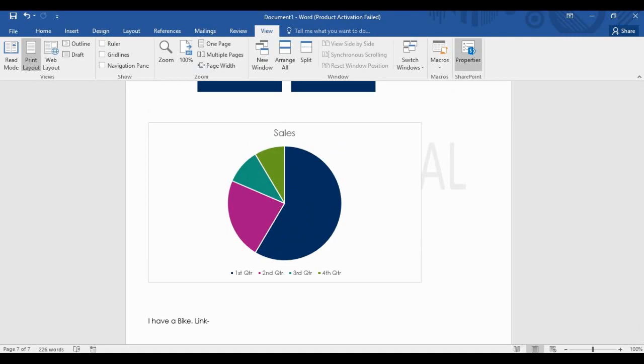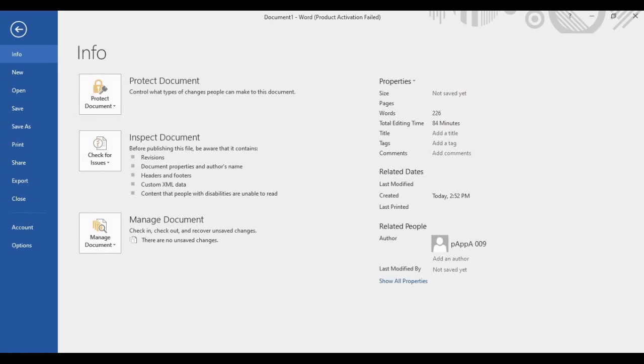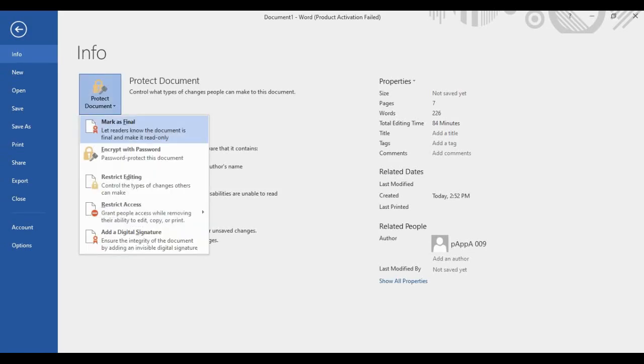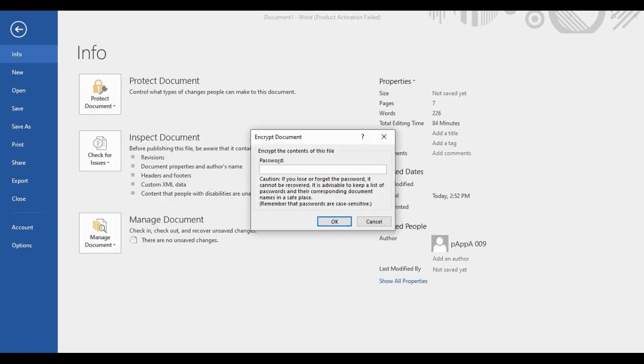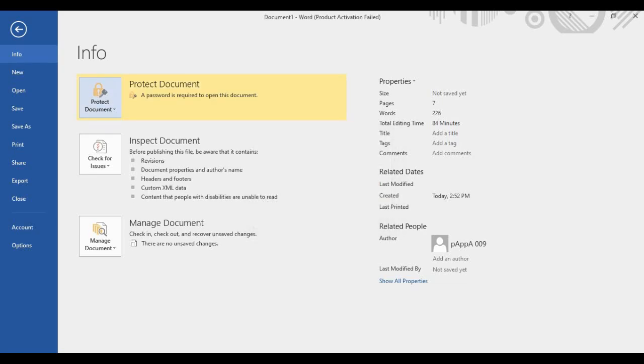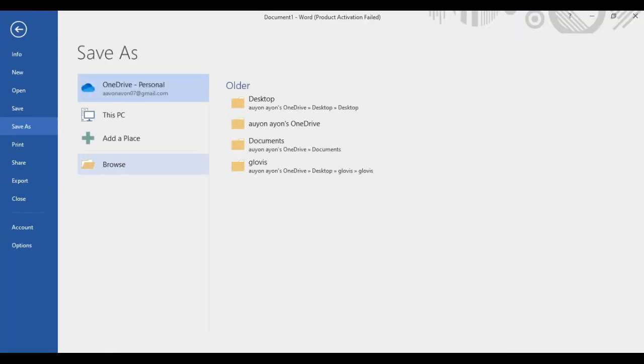And also you can see the properties and how it is going. You can always lock the whole document. If you want to lock the document, just encrypt with a password. Like if I give 12345 and okay, I have to re-enter the password 12345, and this is okay. So this is the password and this is protected. Like if you just save this document,